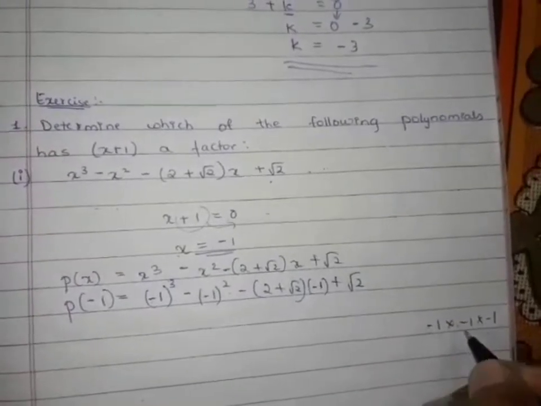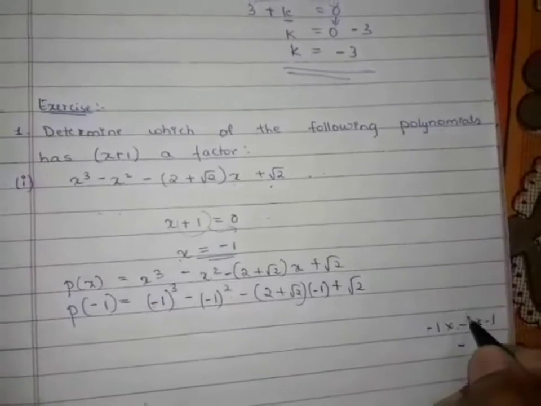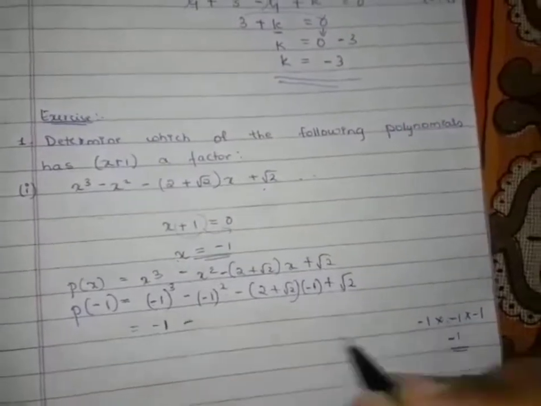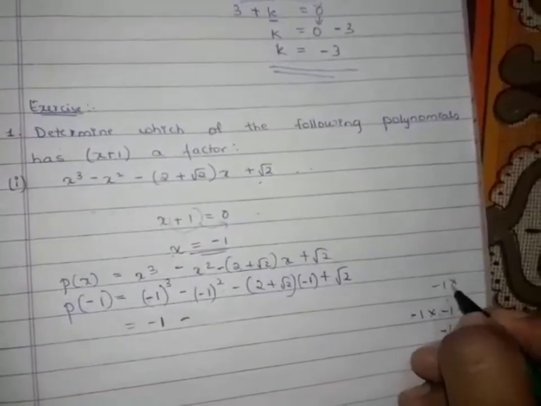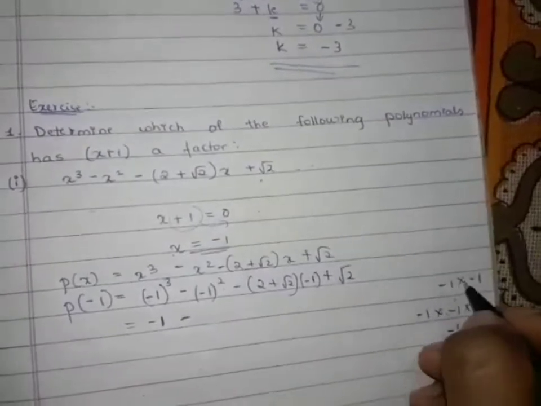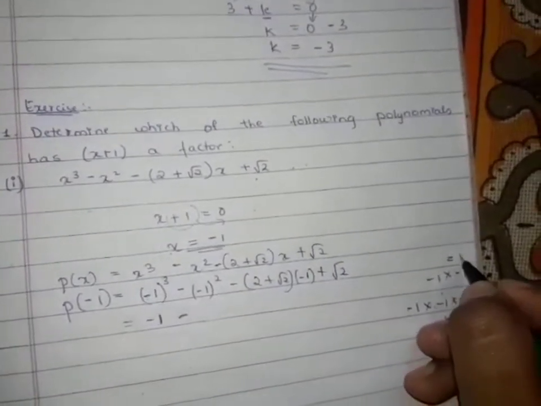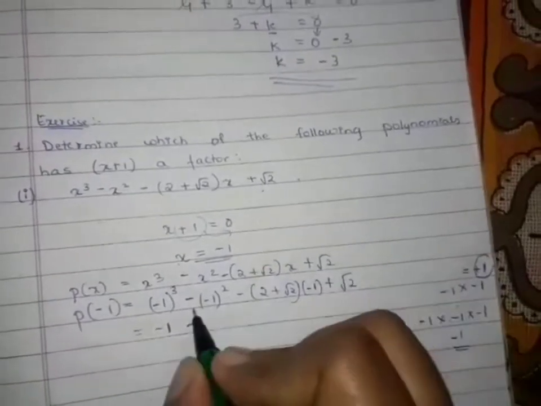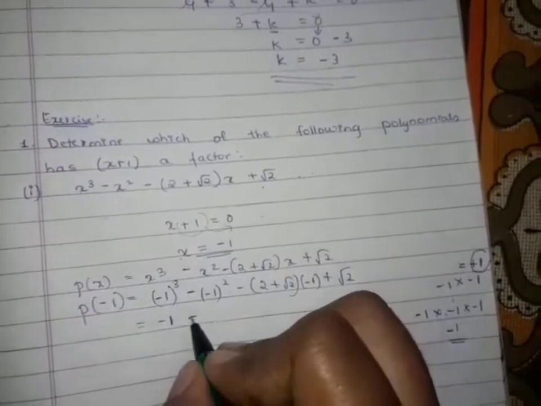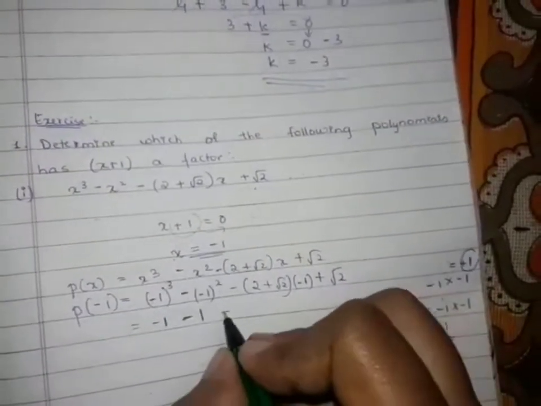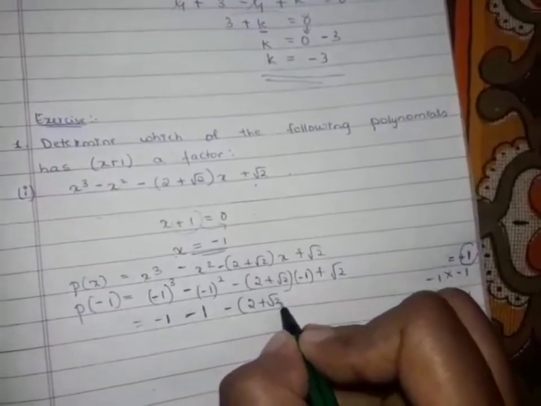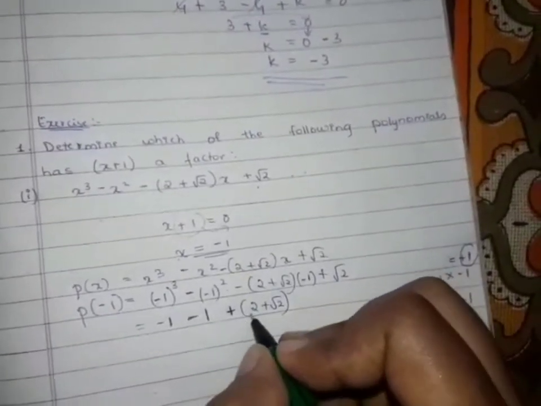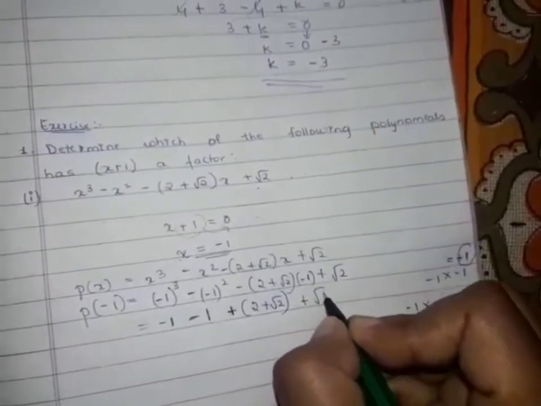Okay, so minus 1 cube is minus 1 into minus 1 into minus 1. Minus into minus is plus, plus into minus is minus. 1 ones are 1, 1 ones are 1. So our answer is minus 1. Now minus, so minus 1 square is how much? Minus 1 into minus 1. Minus into minus is plus, 1 into 1 is 1. So here we get plus 1. So this plus 1 and here I have minus, correct? So plus 1 into minus 1, plus into minus will be minus 1. Write whatever is there inside the bracket as it is. Minus into minus will be plus. So we'll only get plus 2 plus root 2 plus root 2.